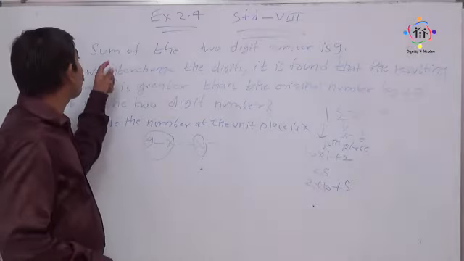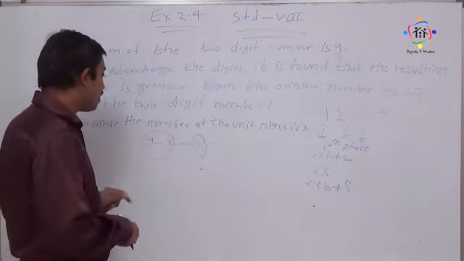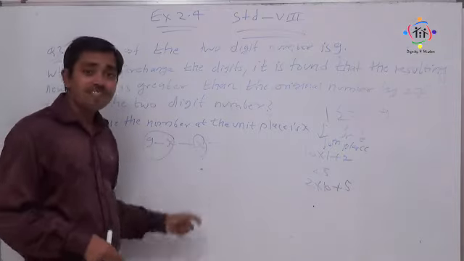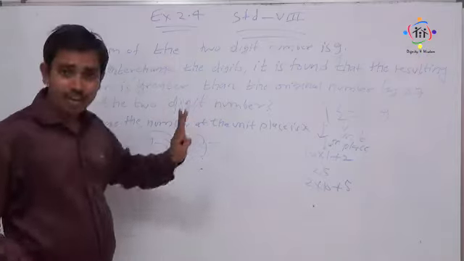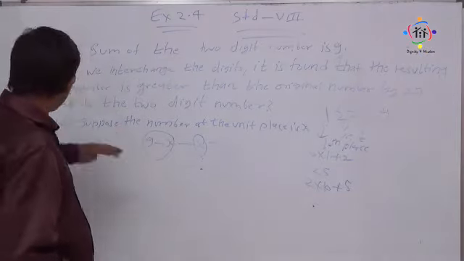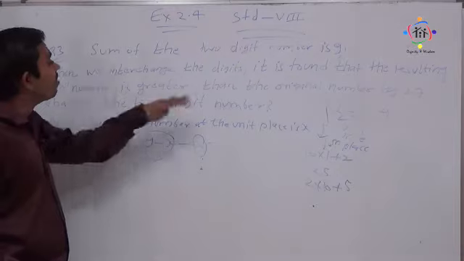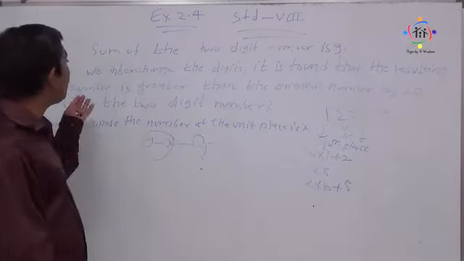Okay. So here, what is the question? The sum of the digits is 9. So is it clear? If I take one digit as 9 minus x, the other is x. At the unit place, the sum will always come to 9. So this condition is satisfied. That means this is over. Now let's move on to the next part. When we interchange the digits, it is found that the resulting number is greater than the original.